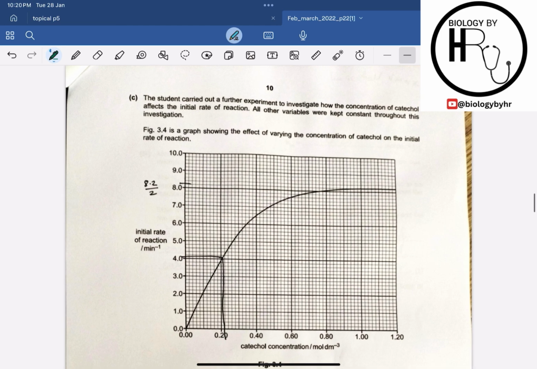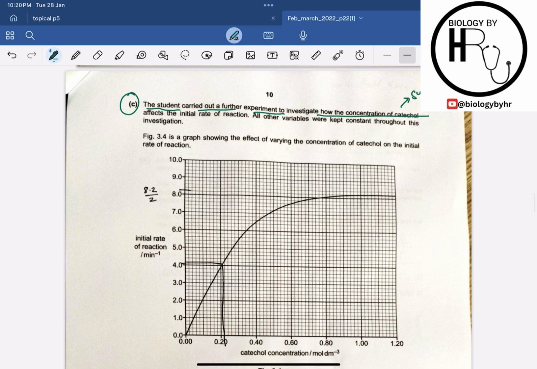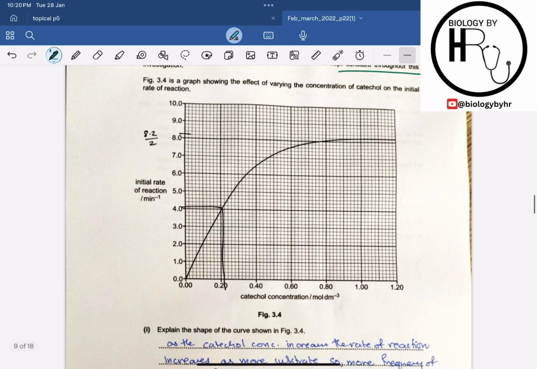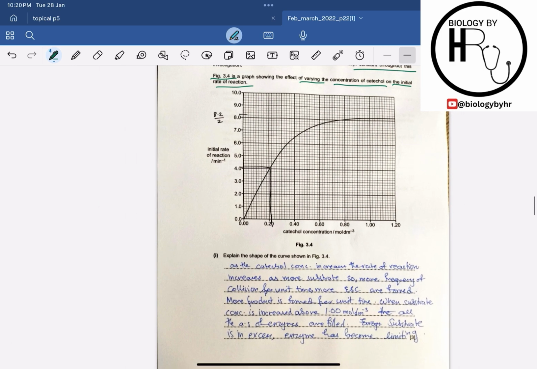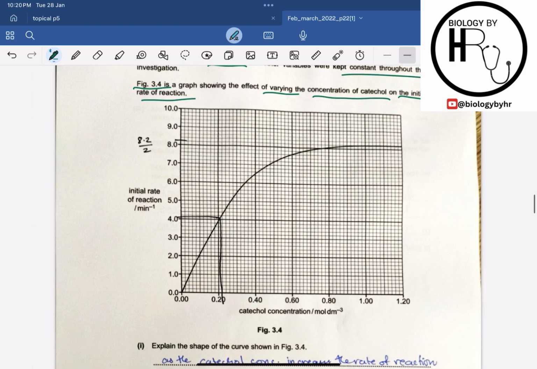Now let's give part C a read. Part C over here says that the student carried out a further experiment to investigate how the concentration of the catechol, which is basically the substrate of the enzyme catechol oxidase, affects the initial rate of reaction. All the variables were kept constant. Figure 3.4 is a graph showing the effect of the concentration of the catechol on the initial rate of reaction. If we look at the graph over here, this graph is basically between the initial rate of reaction and the catechol concentration. We can see that as we are increasing the concentration of the catechol,